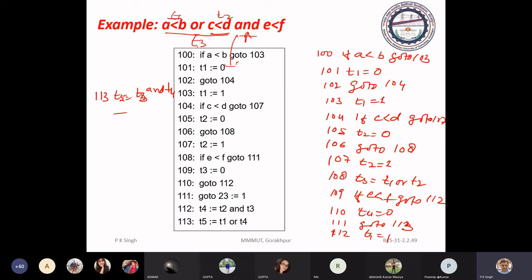But in this code, we consider that either the OR operator has precedence over the AND operator, or the OR operator and AND operator have the same precedence but are left associative. So in that case, you will get this translation, and this sequence of three-address code is the translation of this expression. Okay.